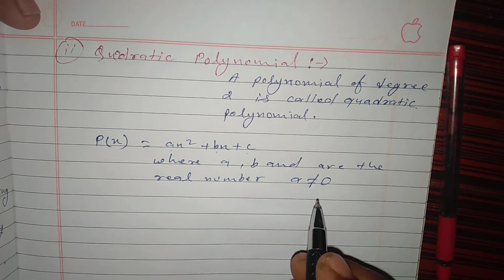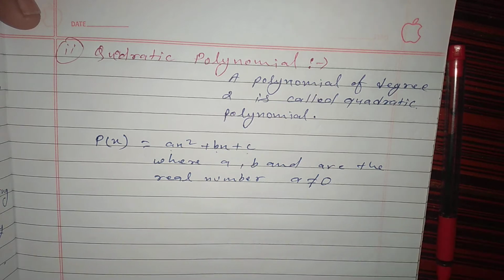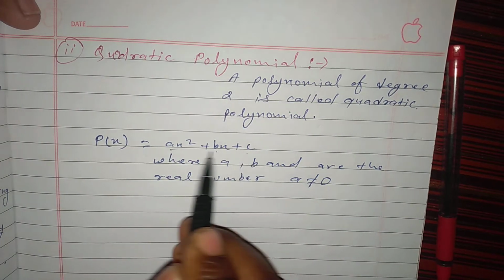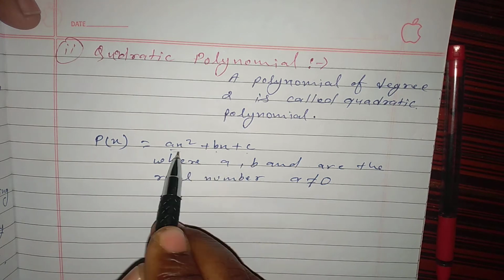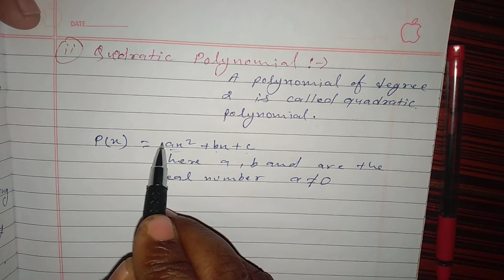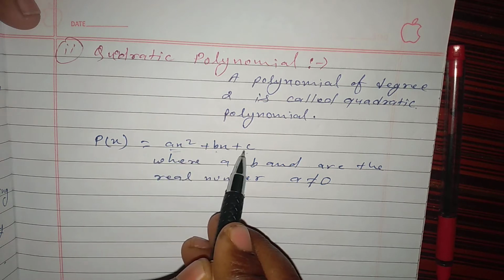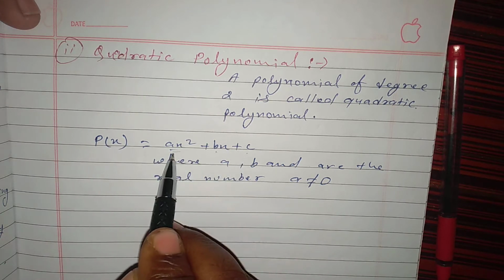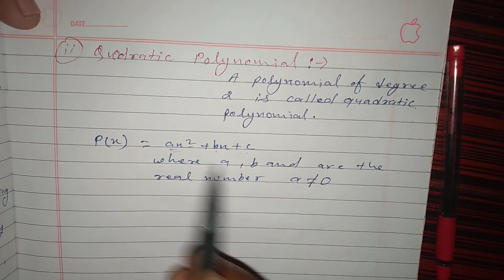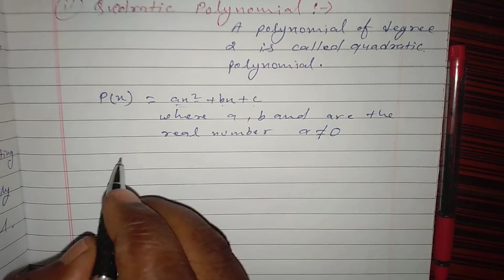So we can say this is the formula of a quadratic polynomial, because the highest power of this polynomial is 2, and a is not equal to 0. Such as examples: